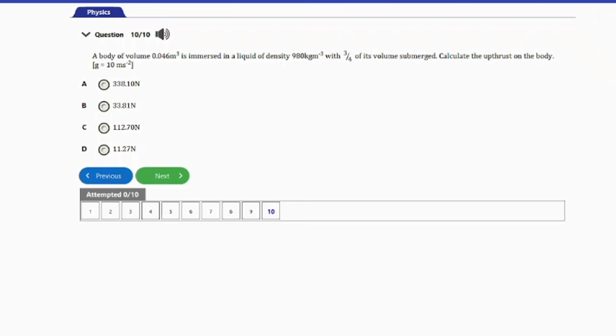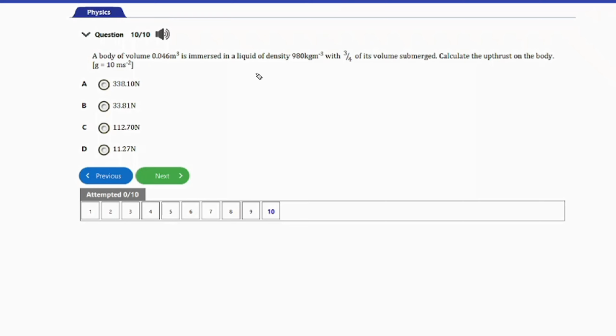Okay, so let's first of all know the volume that was submerged, and that's 3 over 4 of this volume. So 3 over 4 of 0.046 will give us